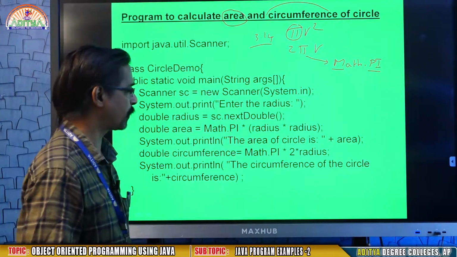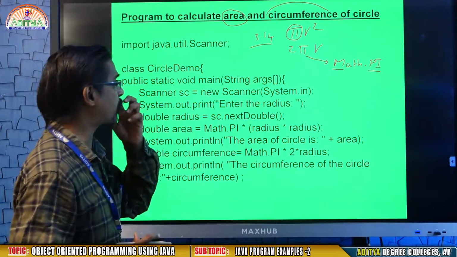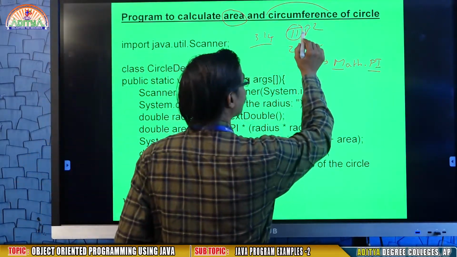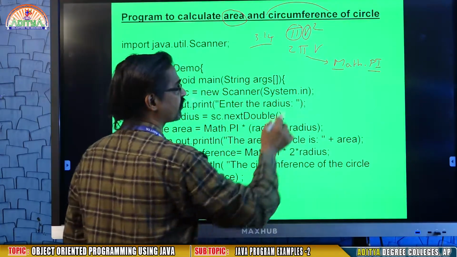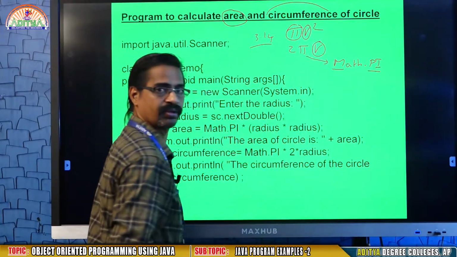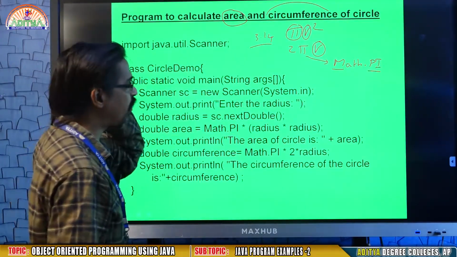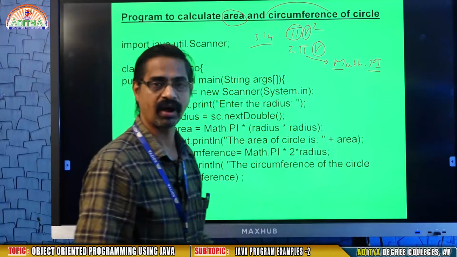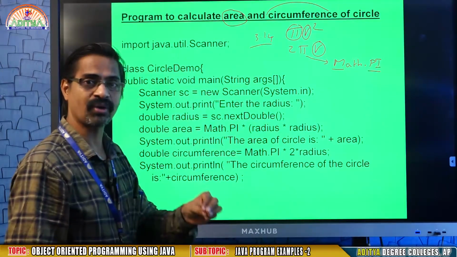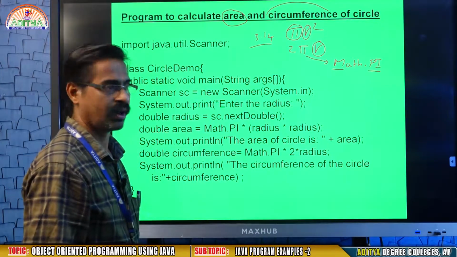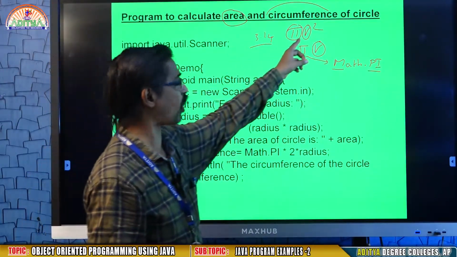So, Math.PI. Now, in this program, you may observe that the important value that we are providing is radius. When you are calculating such types of areas, try to take the values in double or in float, so that you get your answer exactly. Now when I am writing my Java program, I have to read the r value.